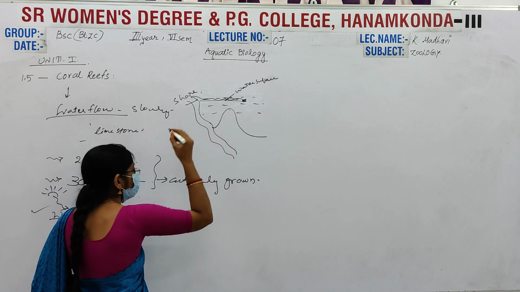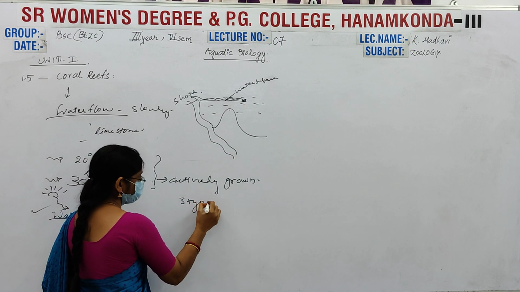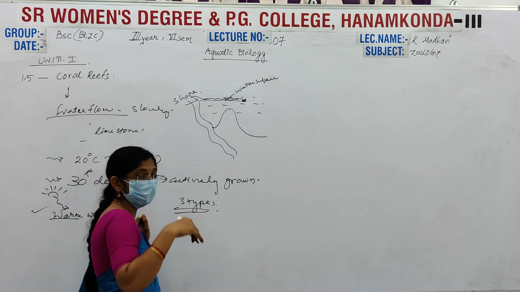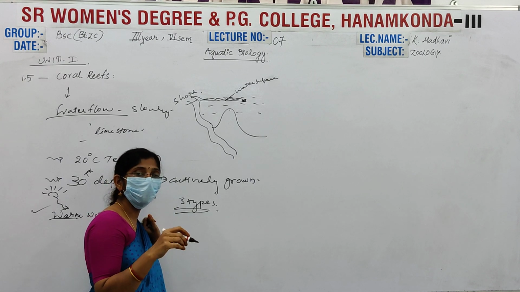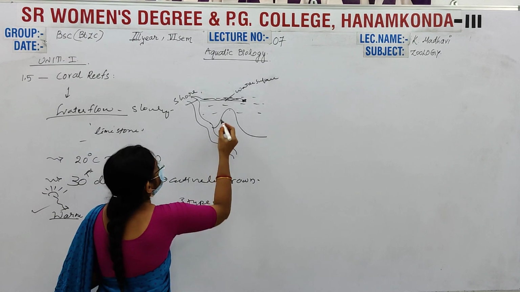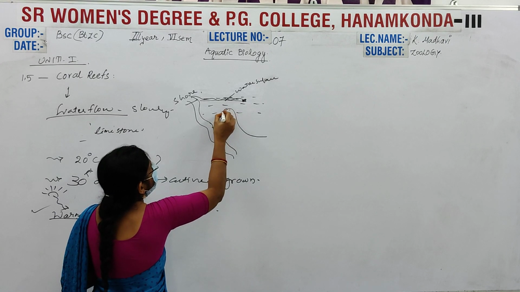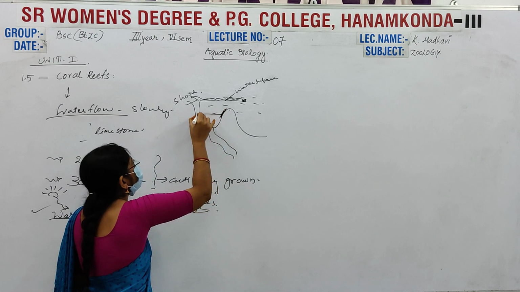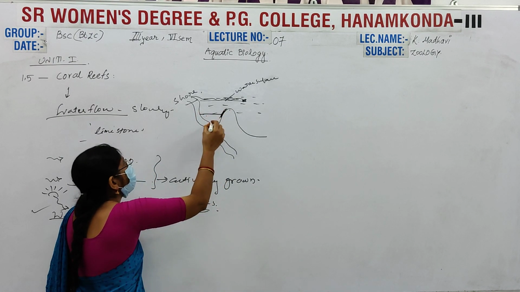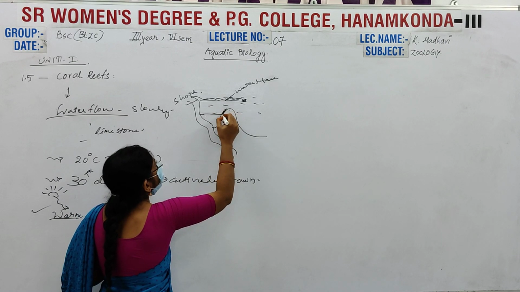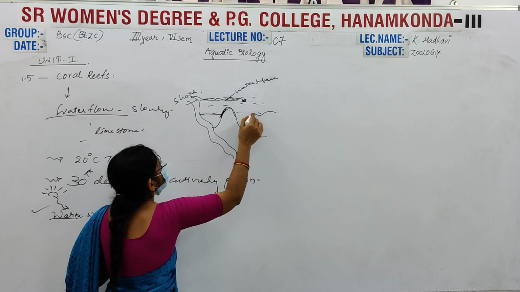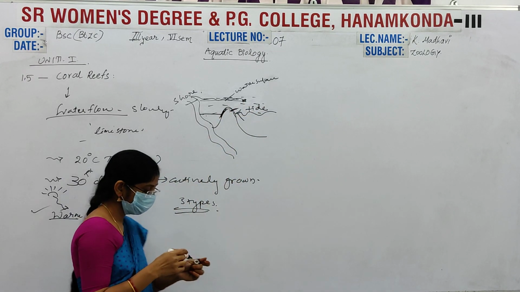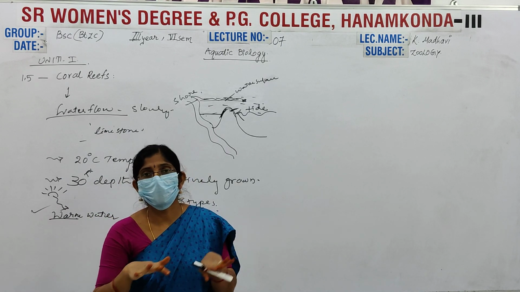Morphologically, they are mainly categorized into three types. Let us discuss them one by one. First of all, you learn what is coral front, what is coral reef, what is coral flat. Here the facing edge is always exposed to the shore. This is a simple matter. And where the coral is exposed to the tides, this is our tide mark. This is known as coral front and coral flat.